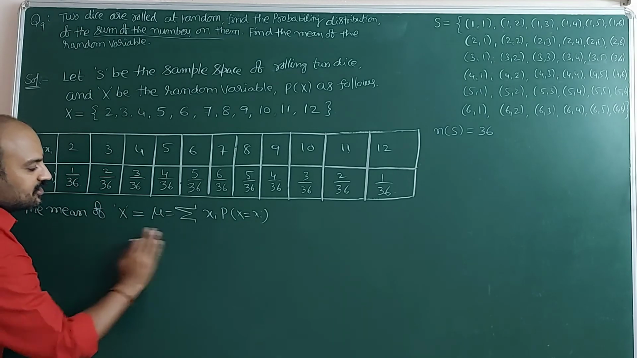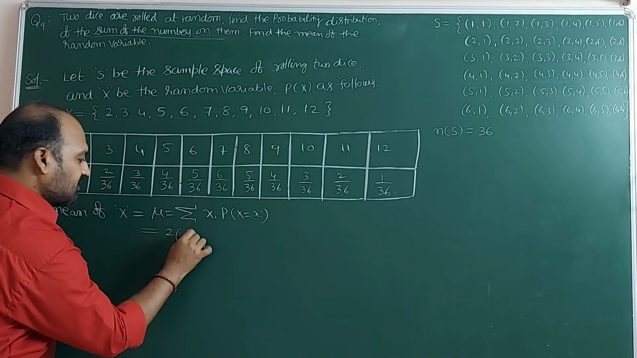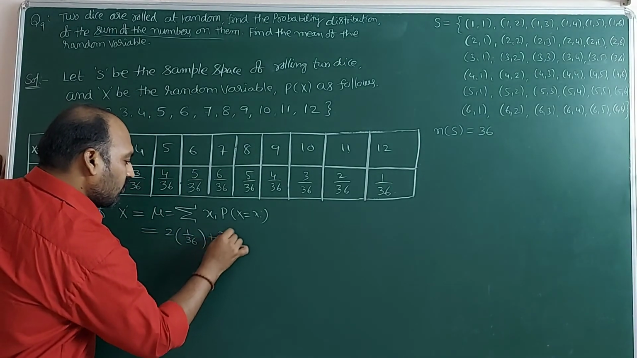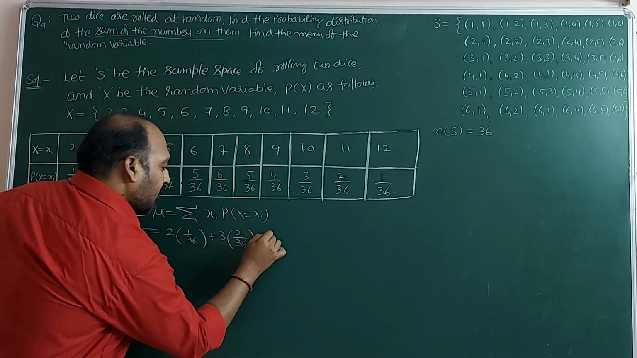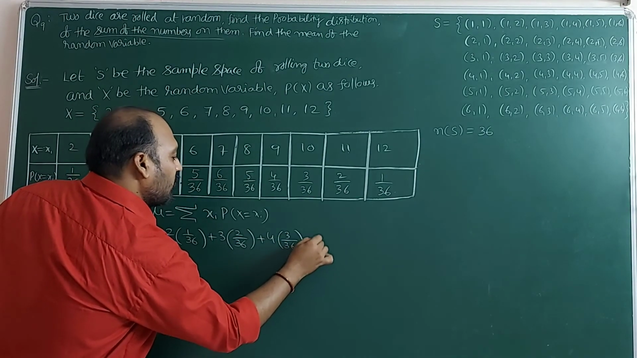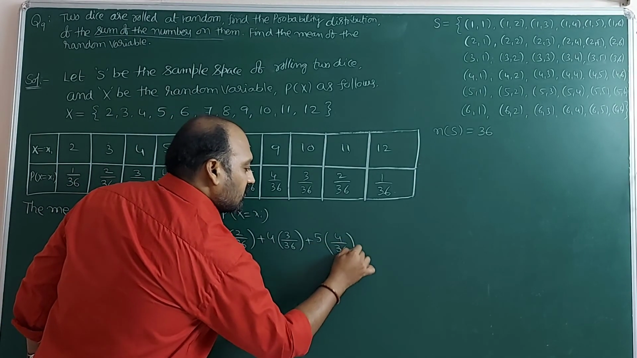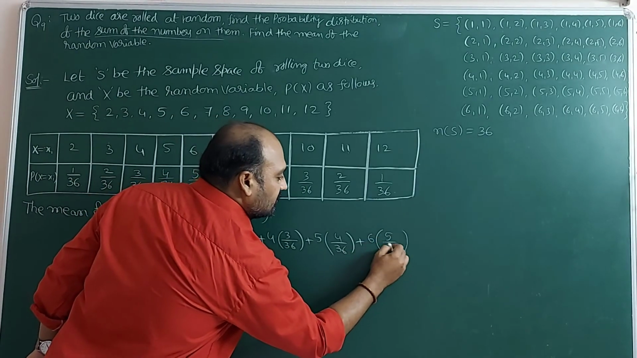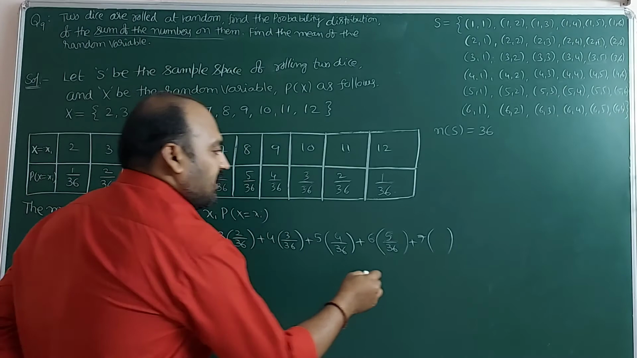So slowly we can write all the values. 2 into 1 by 36 plus 3 into 2 by 36 plus 4 into 3 by 36, 5 into 4 by 36 plus 6 into 5 by 36 plus 7 into 6 by 36,